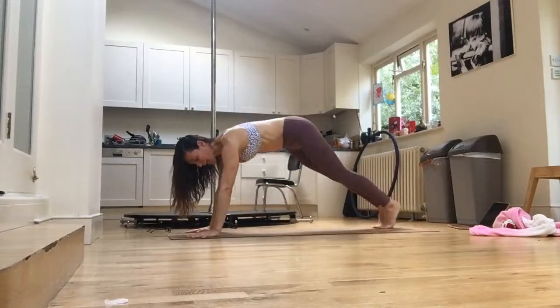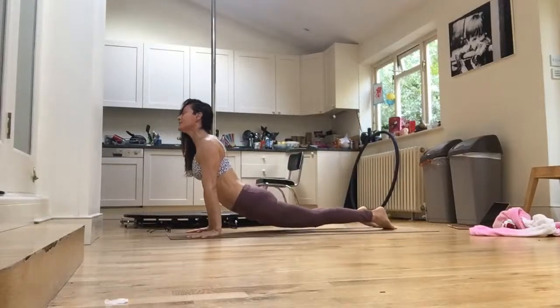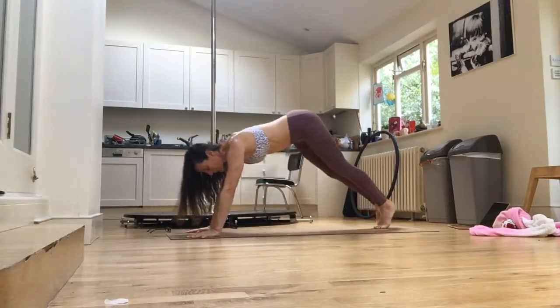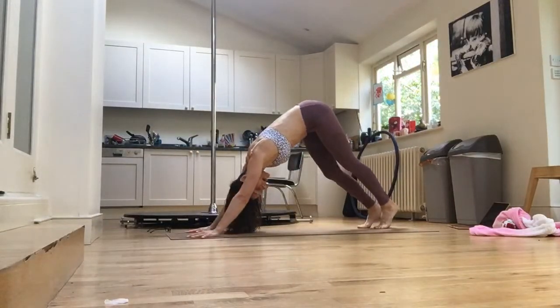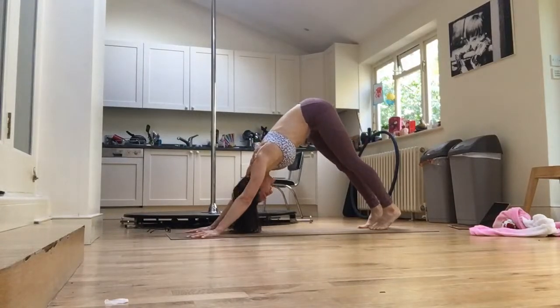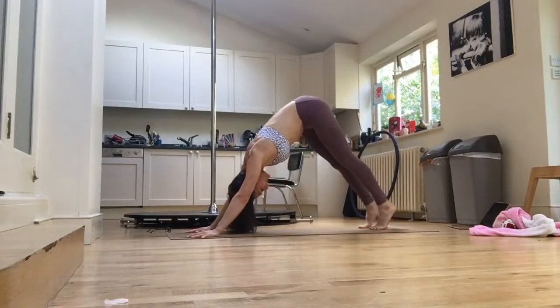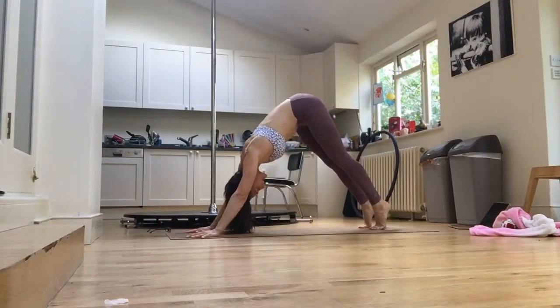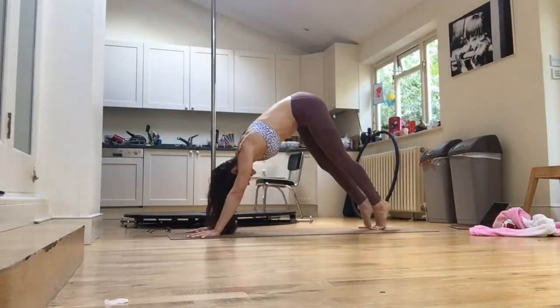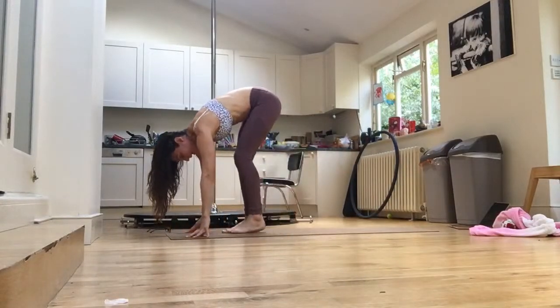Take it back, high plank, no solo chaturanga. Dive forward and up, opening the chest. Roll on the toes, downward facing dog. I hope you guys feel that you are warm. I'm certainly sweating. Inhaling 3, exhale 3. Inhale 2, exhale 2. One more inhale, one more exhale, stepping the right foot forward, left foot forward, halfway lift,